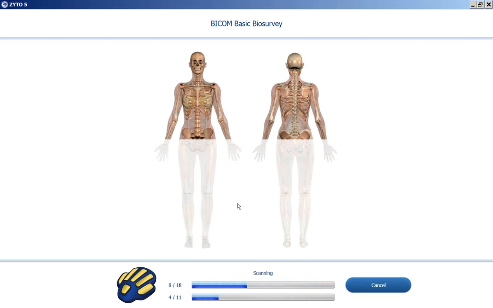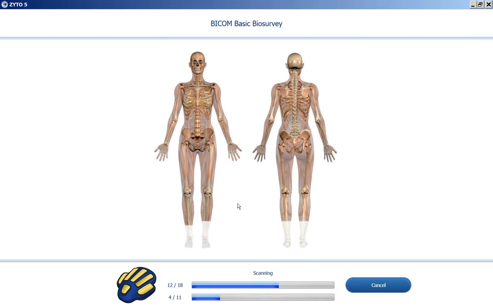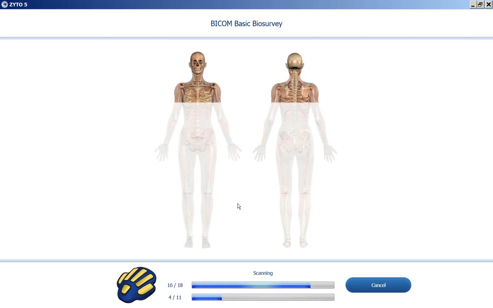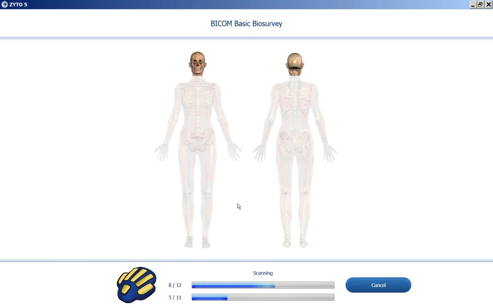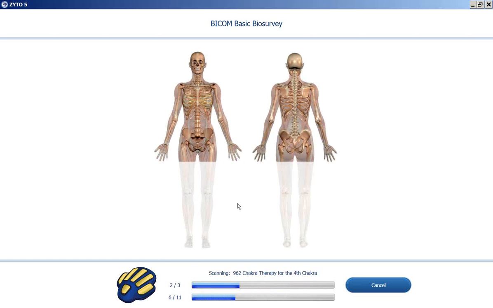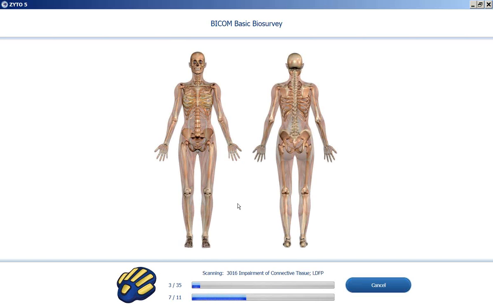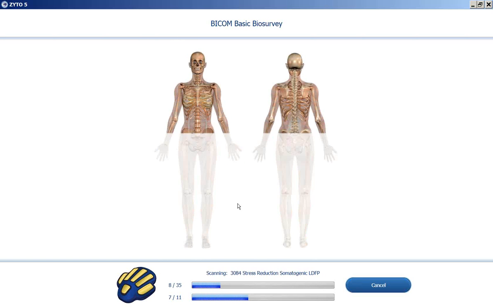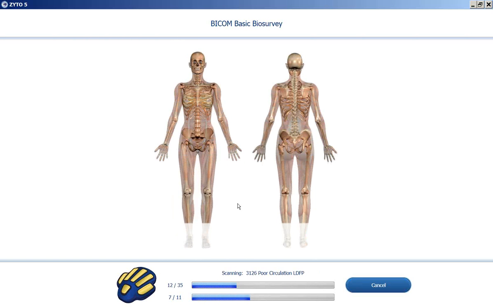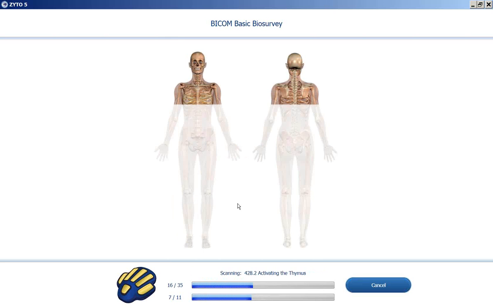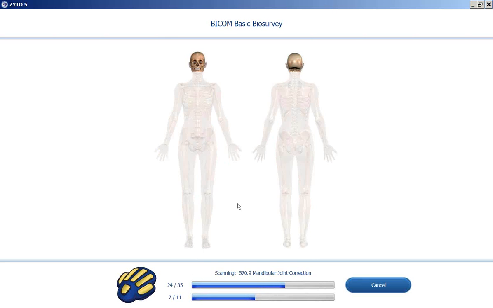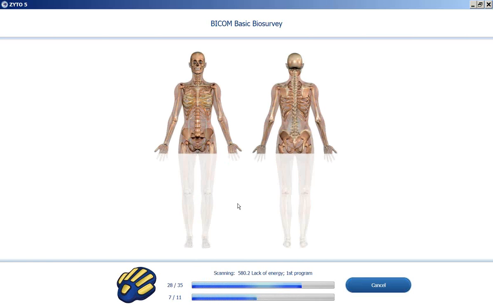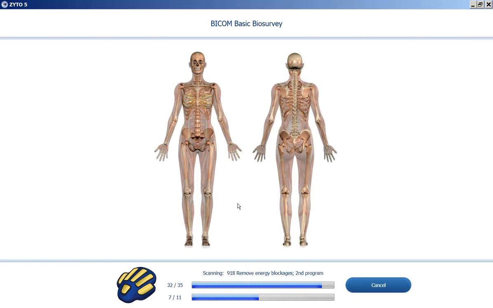It's compiling that data. Now we're going to start scanning on the actual BICOM therapies. So it just went through chakra treatments. Now it's going through some immune regulation programs,